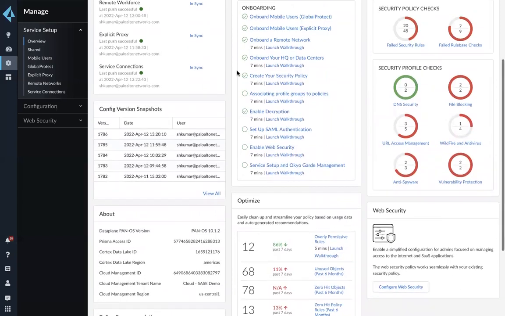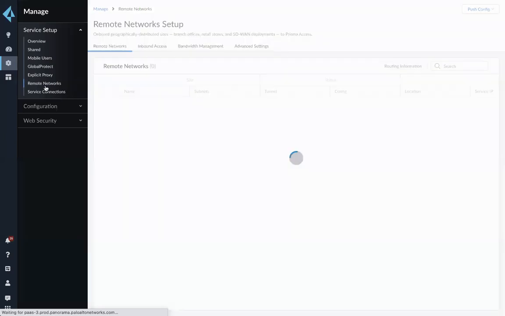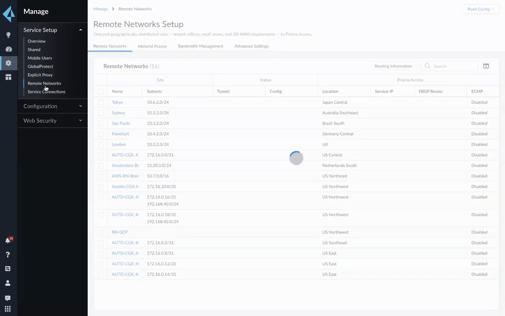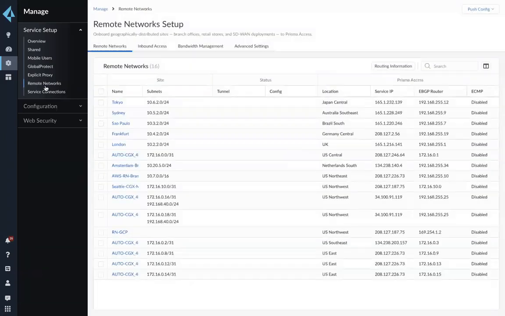So that's a very quick overview of some of the key features that we have with cloud management. So, switching to today's topic, right? Remote networks. Like I said, the idea with remote networks is you configure remote networks to onboard on-prem users into Prisma Access. So the way you do it is, for example,